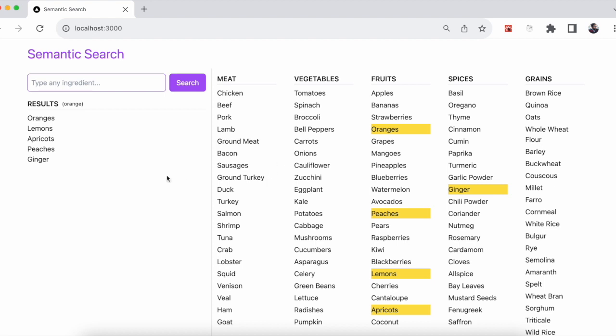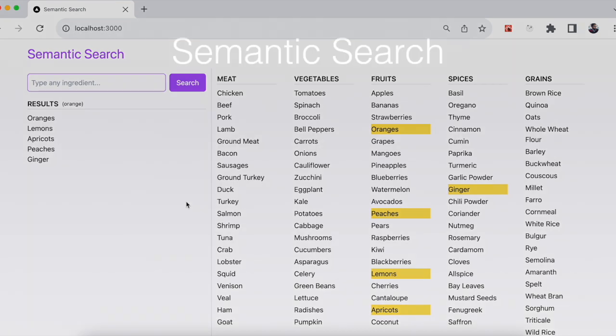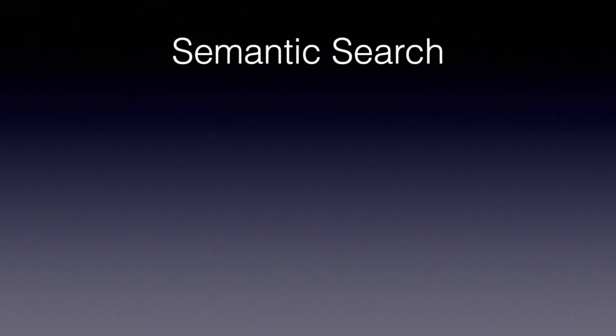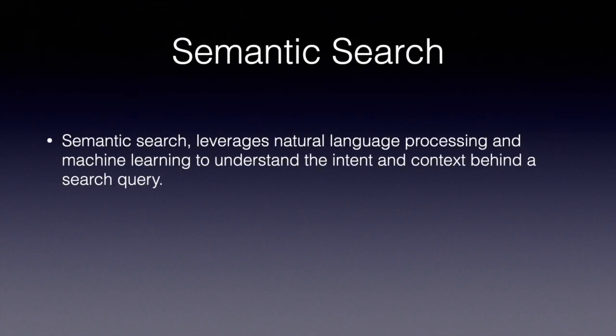Okay, so now we'll just go over the theory about semantic search and how I built this project, and then we'll go over the code in detail. So what is semantic search? Semantic search basically leverages natural language processing, NLP, and machine learning to understand the intent and context behind a search